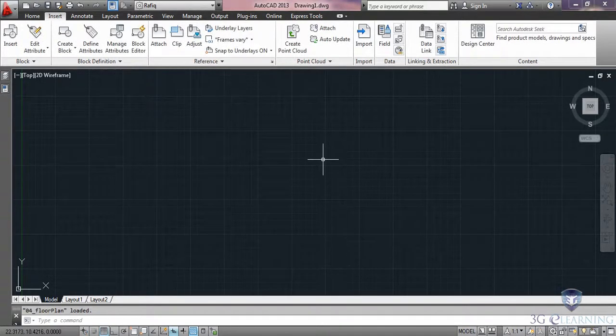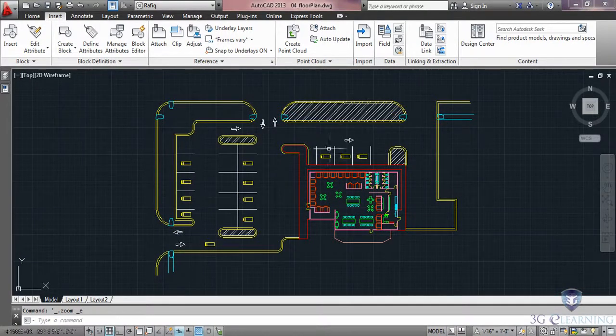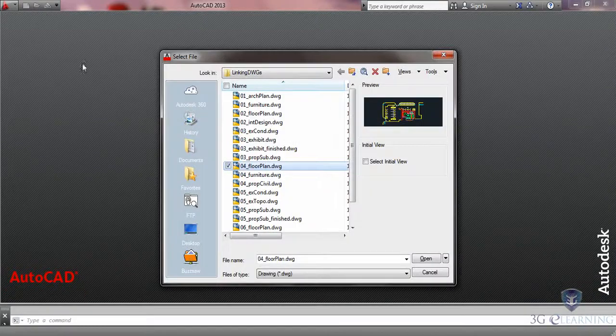I will then do a zoom extents to see the floor plan file, and you can see that the site plan has gone along for the ride. Since the site plan was connected to the floor plan drawing via attachment, it was included in this reference, even though I didn't necessarily need it. Let's close this. I'm not going to save changes and we will go back to the floor plan drawing